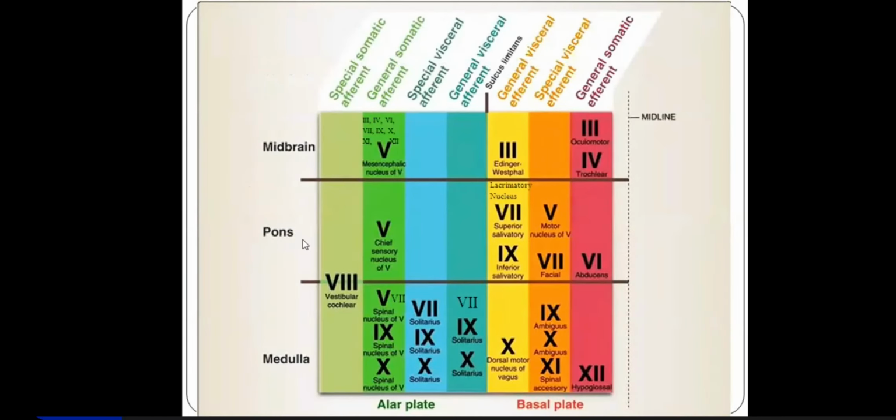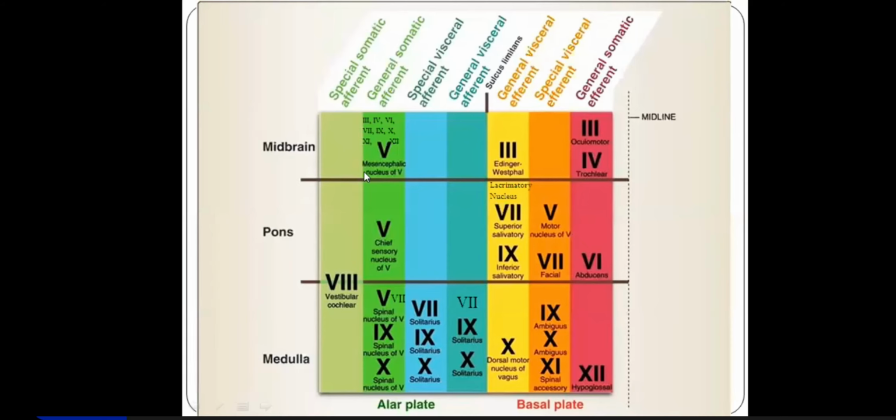So that was about the functional components of facial nerve, and here what you're seeing is the functional columns. Many times I've been telling you about this, it has to be kept in mind so that you have some idea, because later on I'm going to teach you about the brain stem. So you have to have this idea of how they are located, the nuclei; they have this fixed pattern. Medially it is the basal lamina, medial to the sulcus limitans, and laterally it is the alar plate or alar lamina, lateral to the sulcus limitans. This is a one-sided diagram, this is the midline you can see.